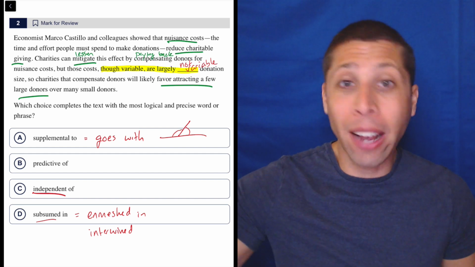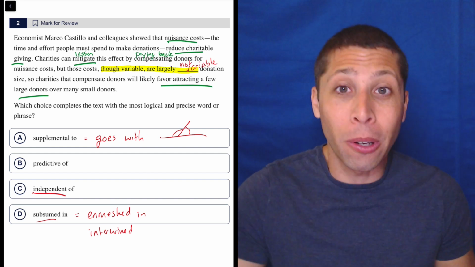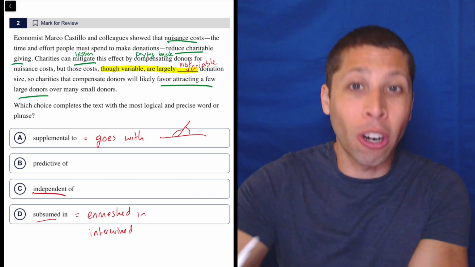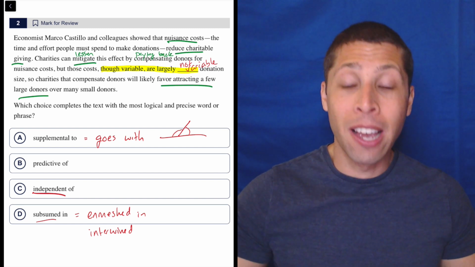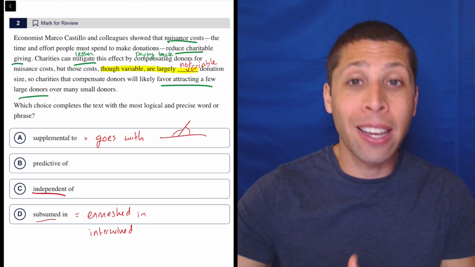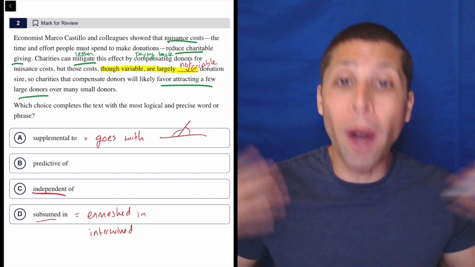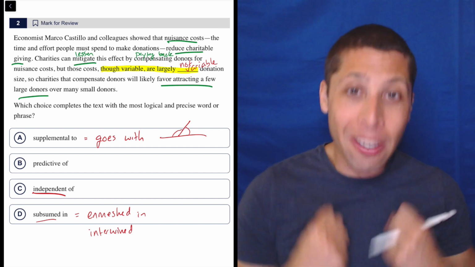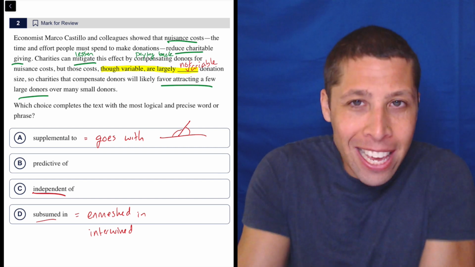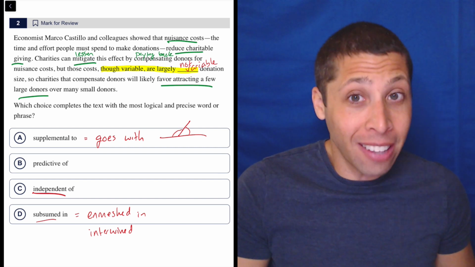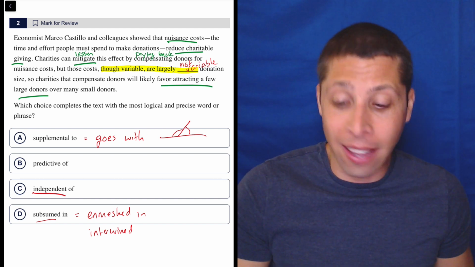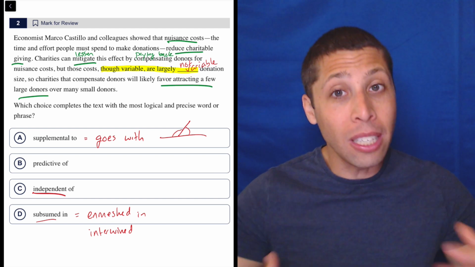You have to pay back fewer nuisance costs because just fewer people actually got charged that fee, that cost. So the charity is going to be like, hey, if we don't want to have to pay people back, we should have fewer people. So we want people who give a lot of money because they're going to give us a lot, but they're basically not going to take a lot from us with these nuisance costs. That's a lot of thinking. I don't like that. And this is rare for these vocab questions, that we really need to understand the story in this way,